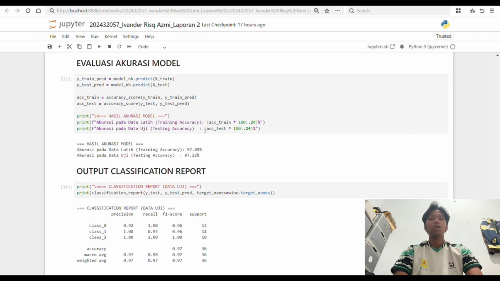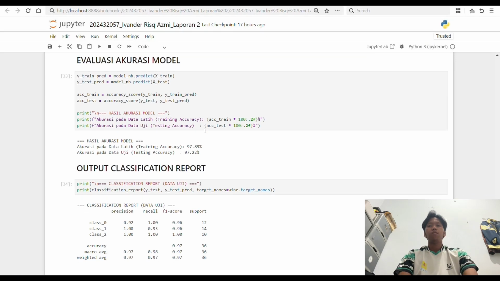The training accuracy result is 97.18 and the testing accuracy result is 97.22. We must look closely at the next number. A very high testing accuracy that is almost perfectly neck and neck with the training accuracy is a robust indicator that our model has generalized beautifully.